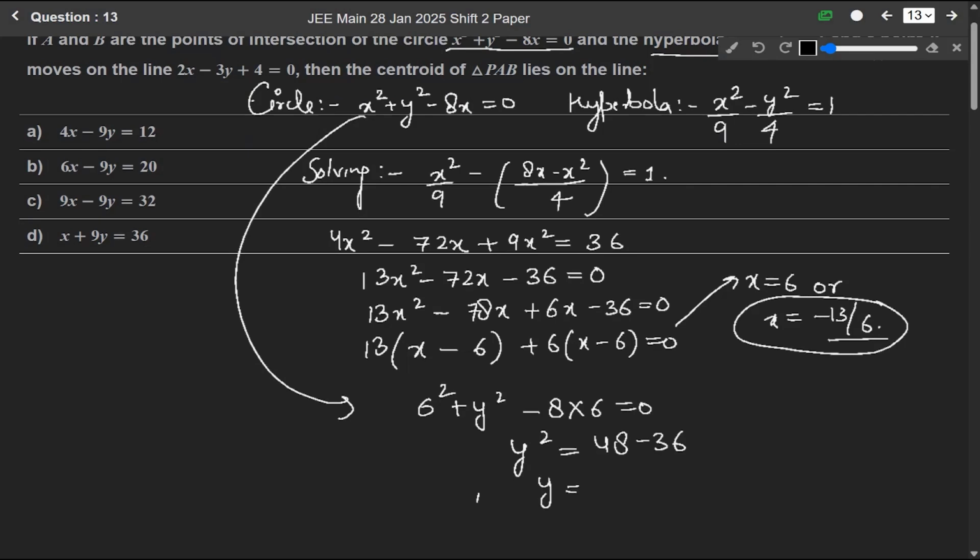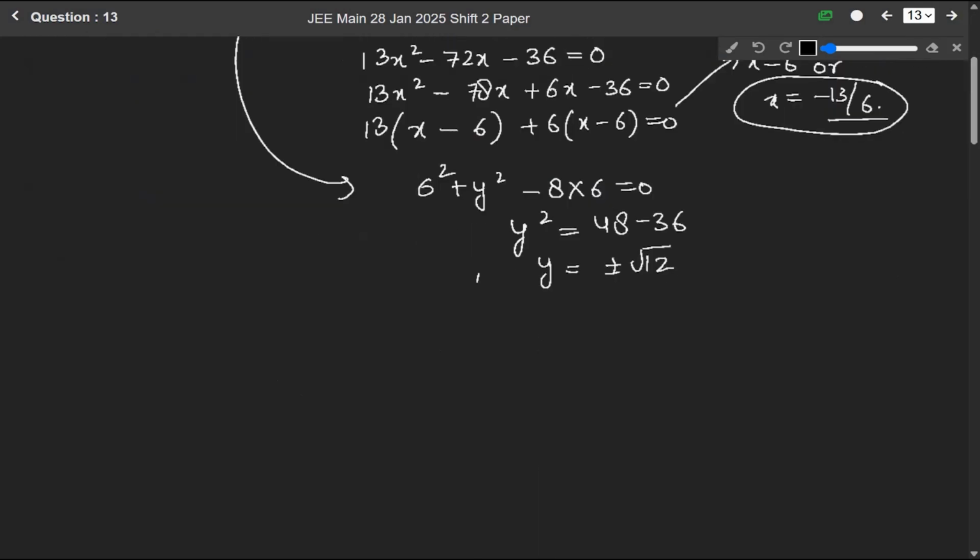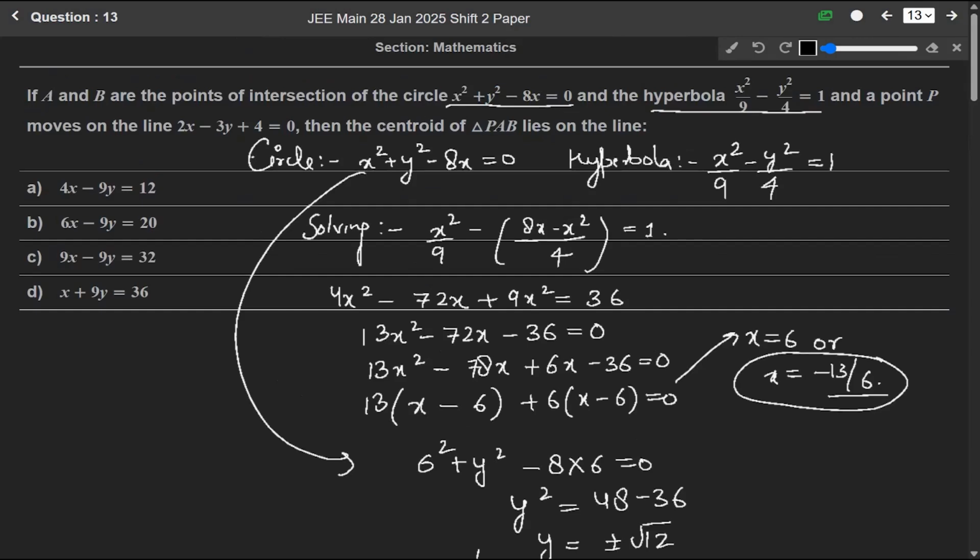So y will be equal to plus minus root 12. Since points A and B are the intersections of the circles, point A will be (6, root 12) and point B will be (6, minus root 12). And it is saying that a point P moves on this line, then the centroid of